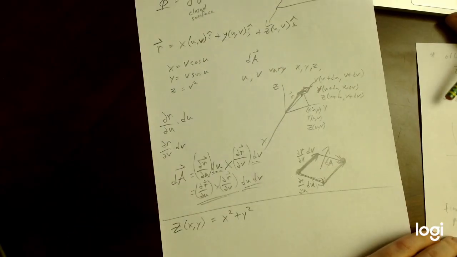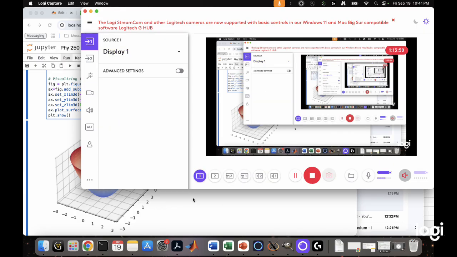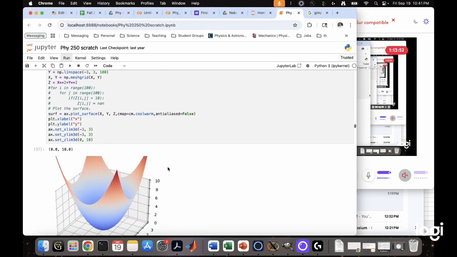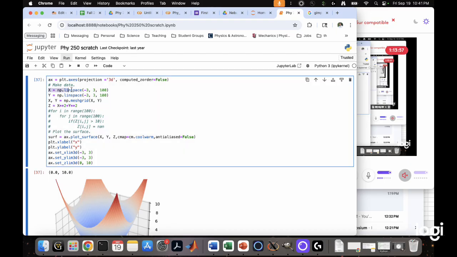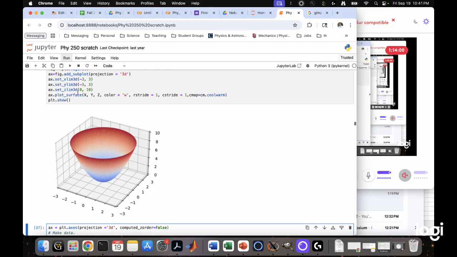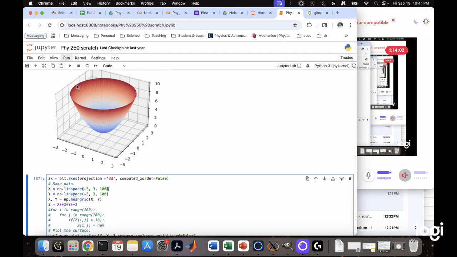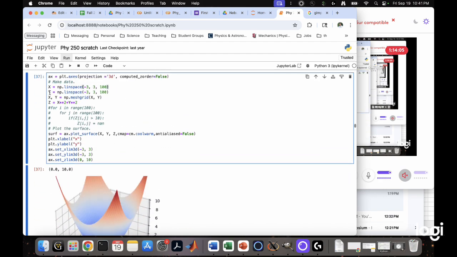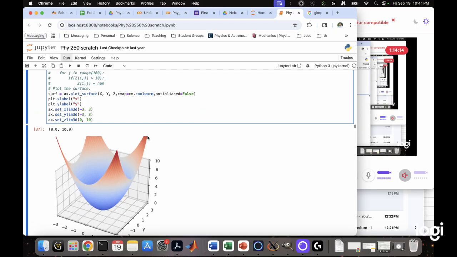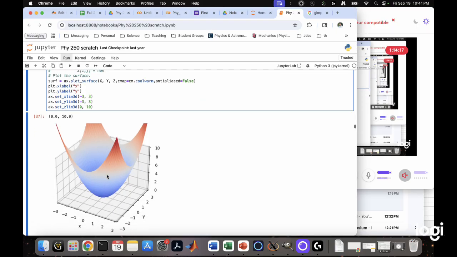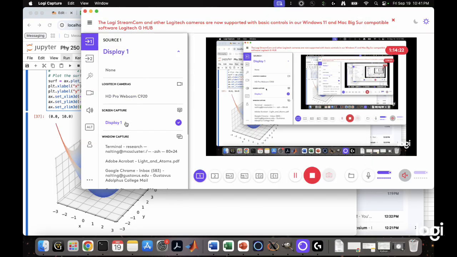Again, I'm going to swap over to show us doing that. It's going to be basically the same surface, but now instead of defining it in terms of u and v and getting kind of this nice circular shape, I have to have limits in x and y, and so I get kind of these extensions into the corners that we didn't have before. But I can otherwise define this exact same shape, just in a different way. So we can get that same shape. Here I'm going to go back to my camera,